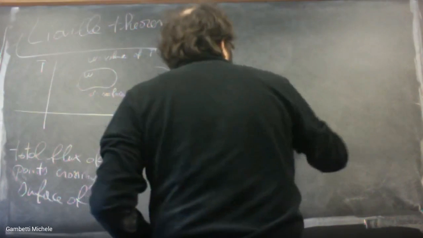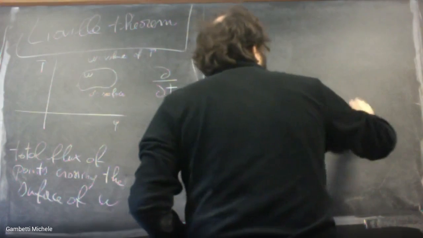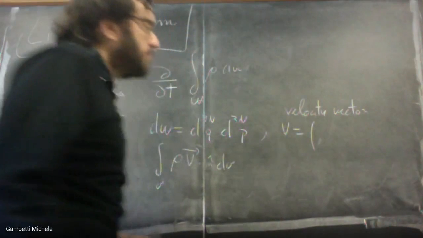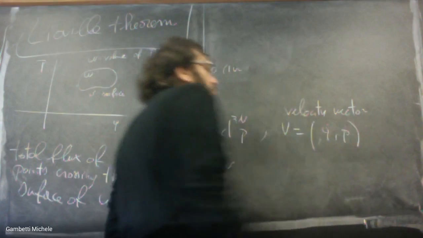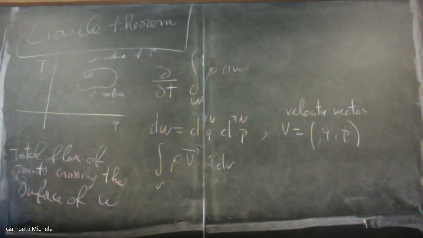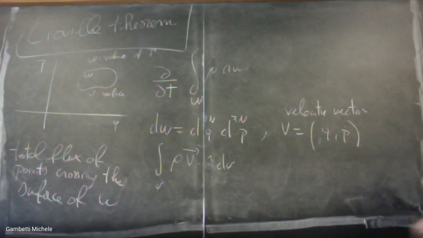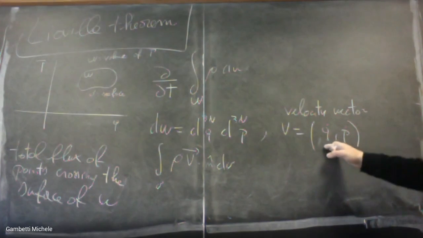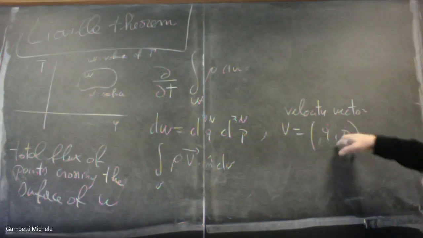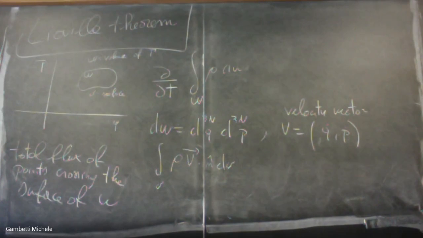So v is a vector, the velocity vector, which is provided, as I said before, by the time derivative of q and p. So here we are in a phase space. A trajectory is the geometric... well, it's a parameterization of a curve in terms of q and p as a function of time, and the velocity of this trajectory is just the time derivative of the components of this vector. Okay,